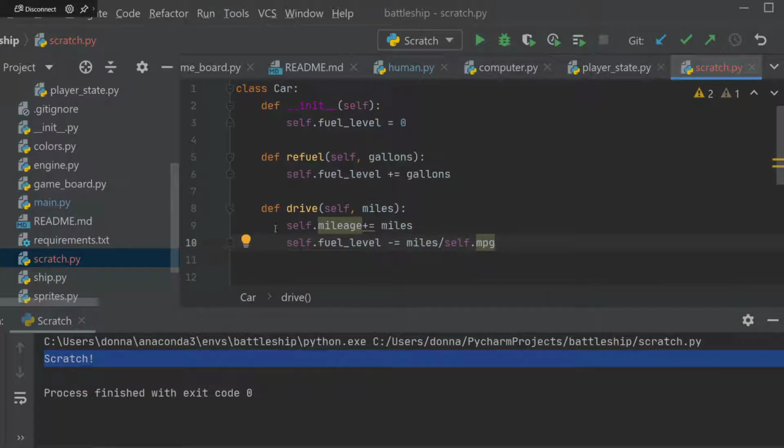But now we have two more highlights here. I don't have mileage defined or miles per gallon defined. So where do I put those, Maria? You would just initialize them. Initialize them where? Within